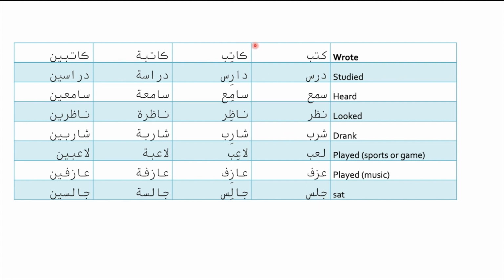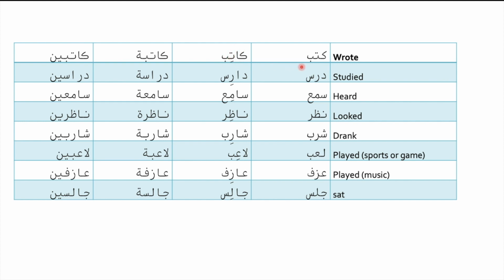And if you want to make the active participle out of it, there are two steps. The first one, you add a long aleph after the first consonant. So this is the verb. You bring the verb, and all you need to do is add an aleph after the first consonant, so it becomes ka. And then the second step is to add a vowel e under the third consonant here,